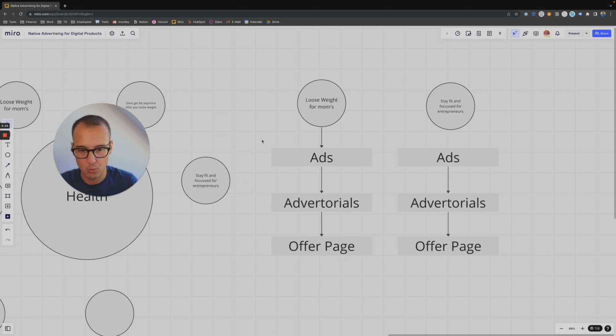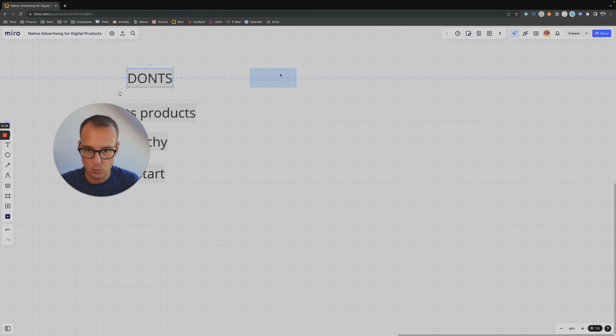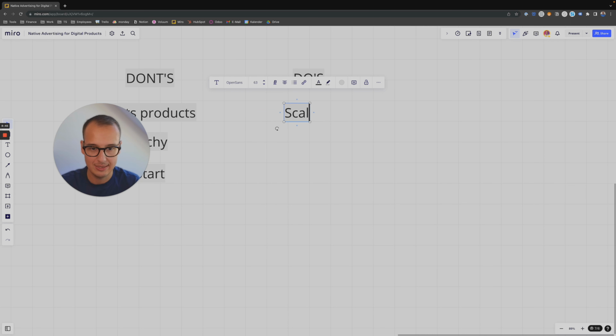So the niche part I already explained here. Native ads are definitely not a good fit if you just want to start. Native ads are just a good fit when you are in the scaling process. So when you're already good in business, you know exactly that the course is working, you know that your course or your online whatever thing is bringing results, is driving results to your clients, then it makes sense to scale it up, to sell more of it,